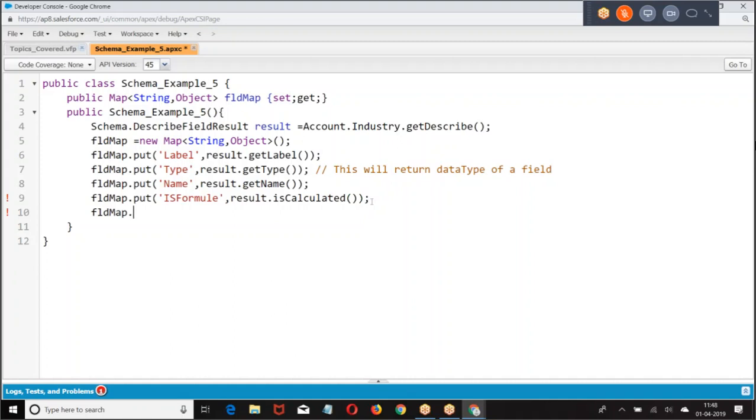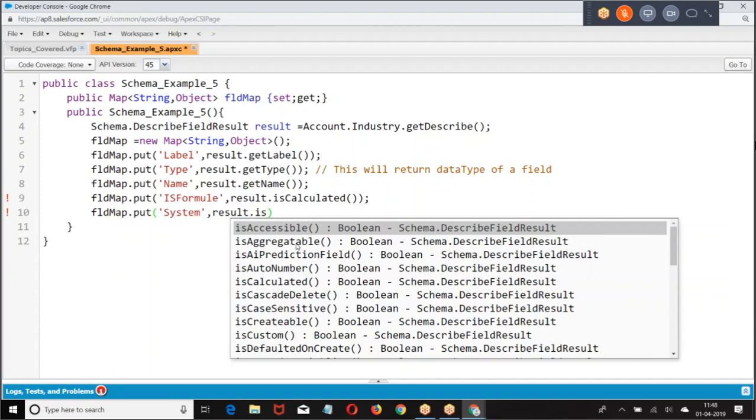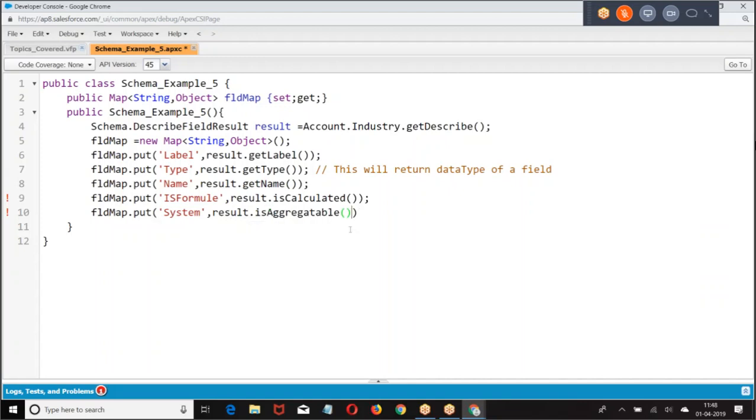Is calculated field. Put. Then is it a system field like roll up summary and other things? Result dot is aggregatable. What is that? Roll up summary. Is that a roll up summary field? Is it a formula field?